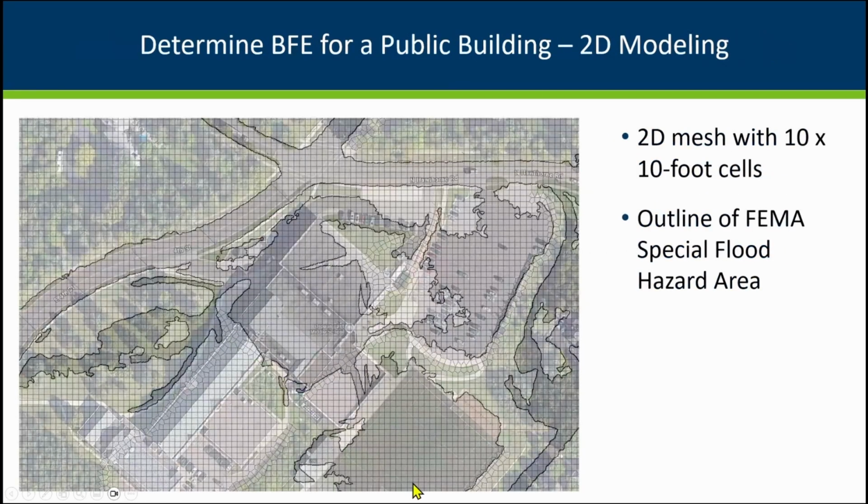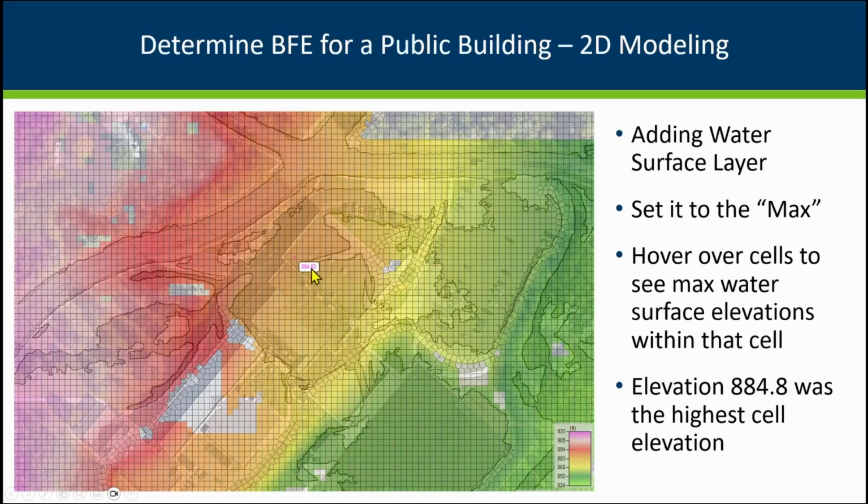So I had Madison Rogers, one of my mapping co-workers, help me out with getting the modeling. And this shows that mesh that we were talking about, that 2D mesh, that the 10 foot by 10 foot squares that you'll see in all this area here. And the little bit darker area shows the FEMA mapped areas, what's on the FEMA map. And then we bring in another layer where we can set it to the max elevation, what the 1% elevation is in each of these squares,